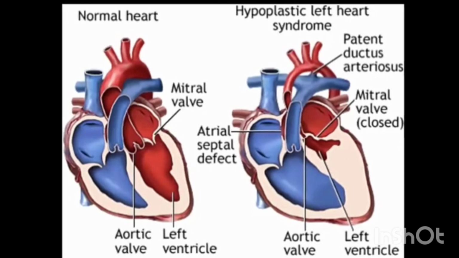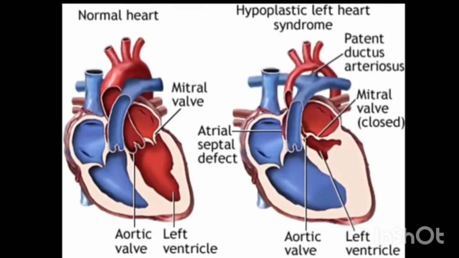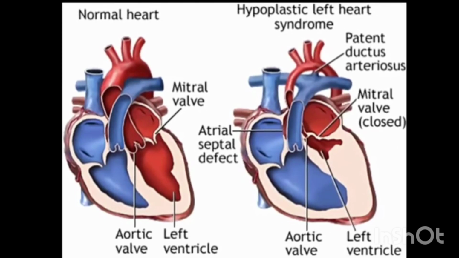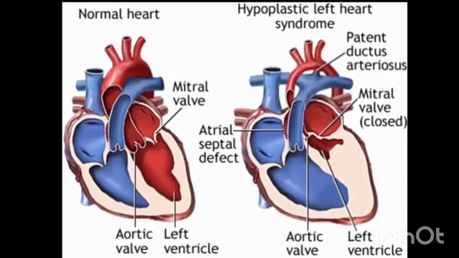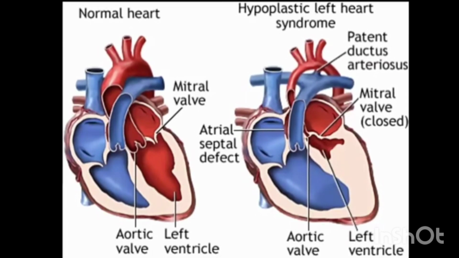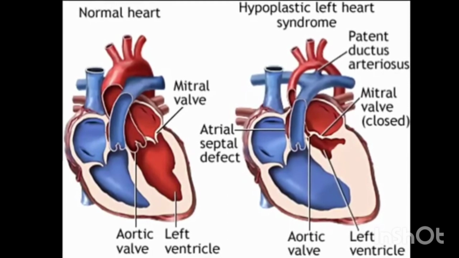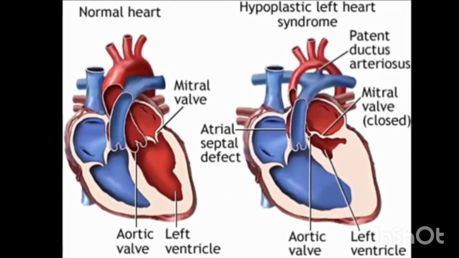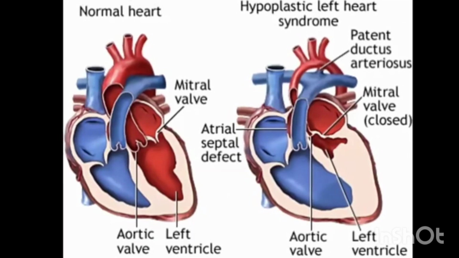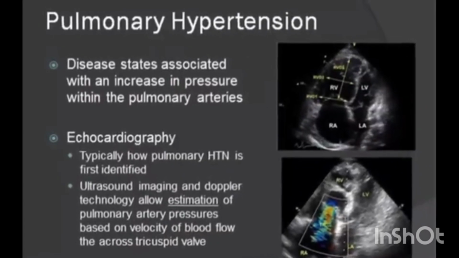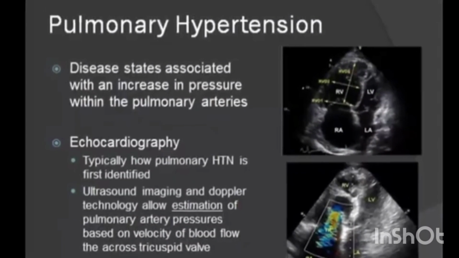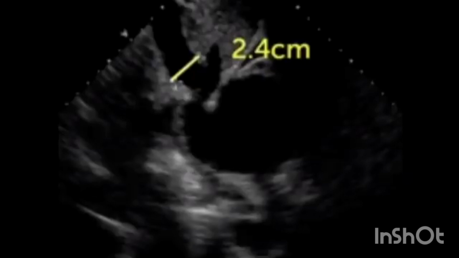It becomes hard for oxygen-rich blood to get to the rest of the body. Most infants die within the first 2 weeks of life. Some patients with hypoplastic left heart syndrome, however, can survive beyond 60 days without any surgical intervention through the development of pulmonary hypertension. Women can take steps before and during pregnancy to reduce the risk of having a baby born